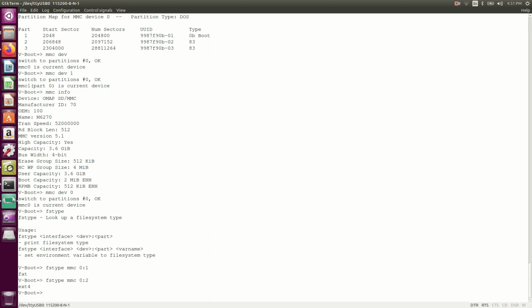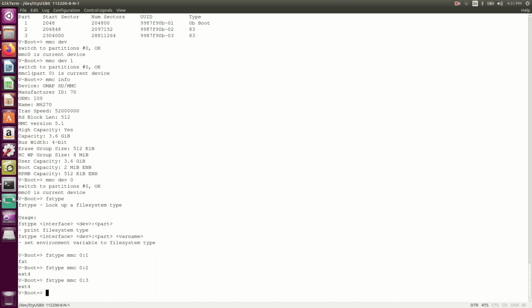So the second partition is ext4, where we have put the Linux kernel and the device tree binary, and the third one is the root file system, correct? Yeah, which is nothing but ext4 again. So this is the thing, and if we want to see the internal partition, we need to change the dev.